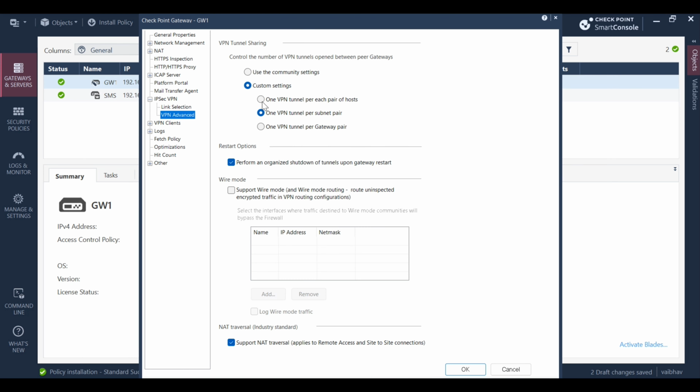Next, VPN advanced. Here you have to select your VPN tunnel sharing. We have agreed upon one VPN tunnel per subnet pair, so I'm selecting that. Support NAT traversal applies to remote access and site-to-site connection. So if you are not sure what it is, you have to go ahead and watch my video about NAT traversal, or you can get an understanding of this. This is not a part of this video, so I'm not explaining this,